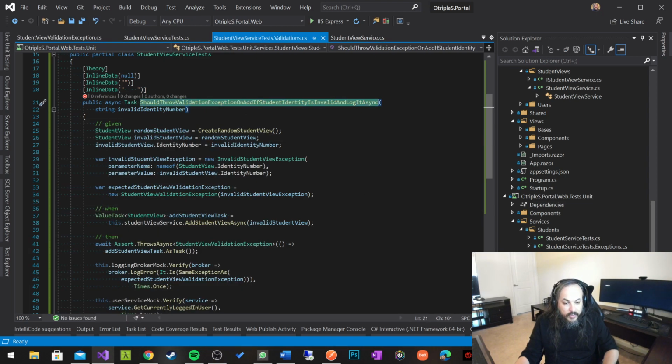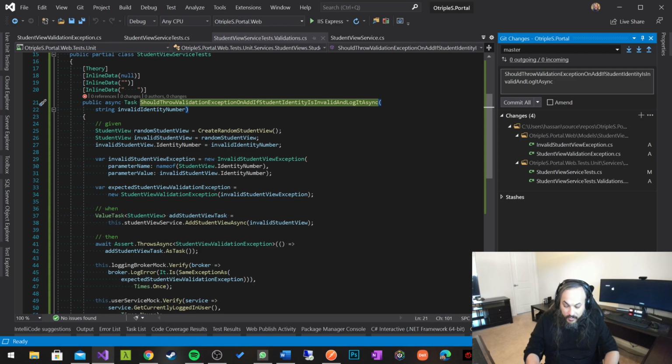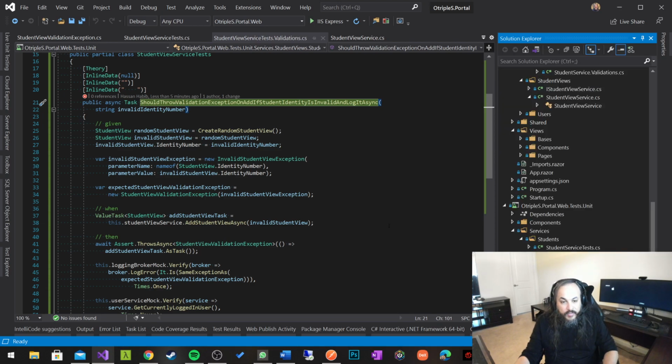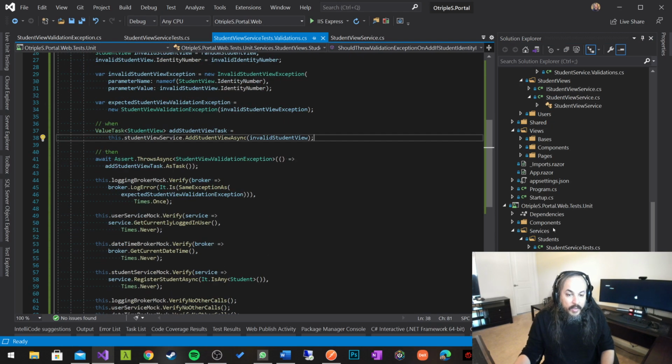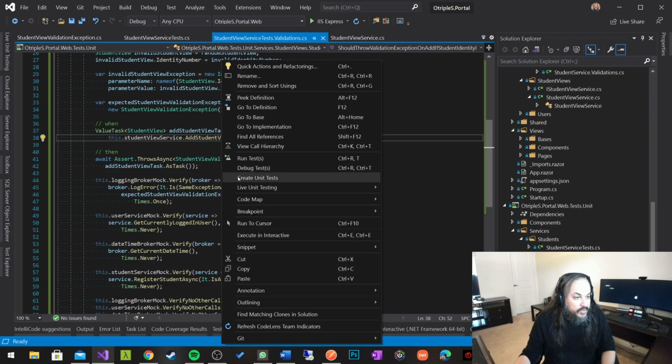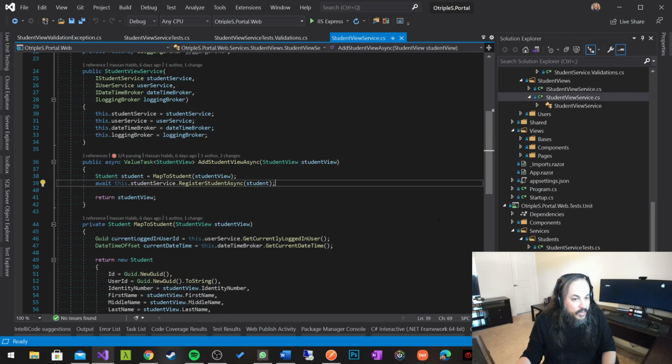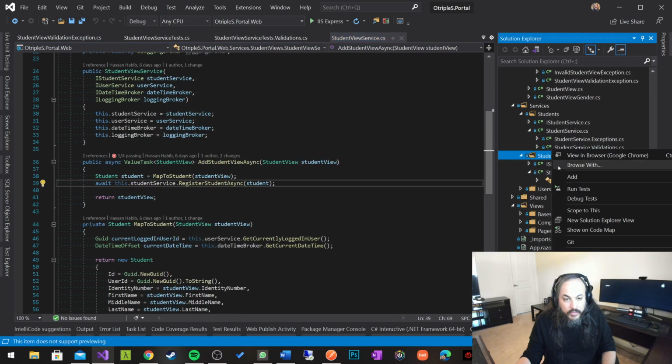First, let's commit this, and let's say this test has failed. See, this is pure coding, meaning that you're a purist. You're basically pushing a commit every time you make a step. And then let's go back to our student service implementation in here. And let's go ahead and create a new file called student view